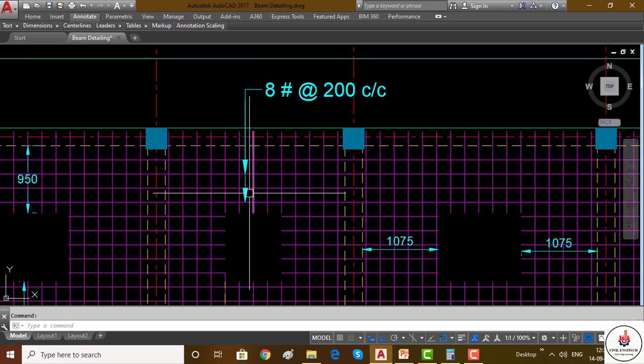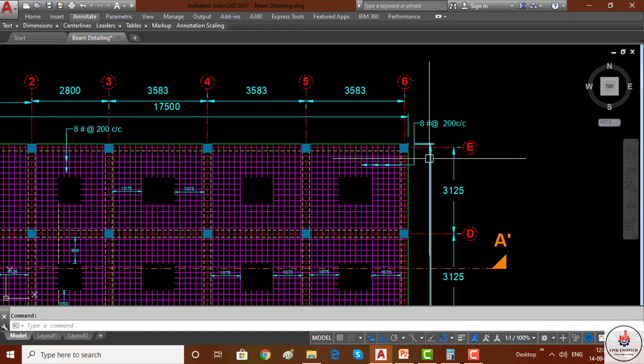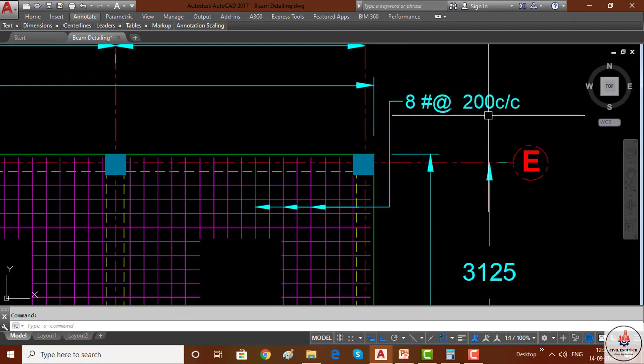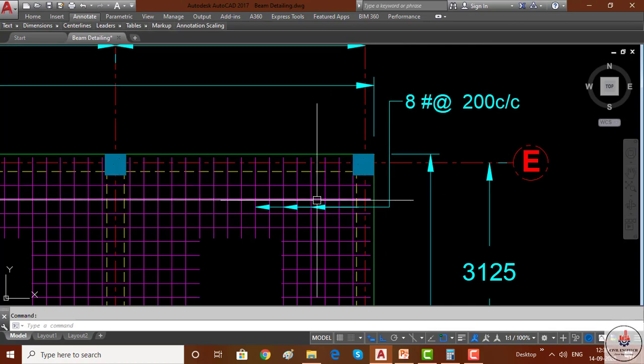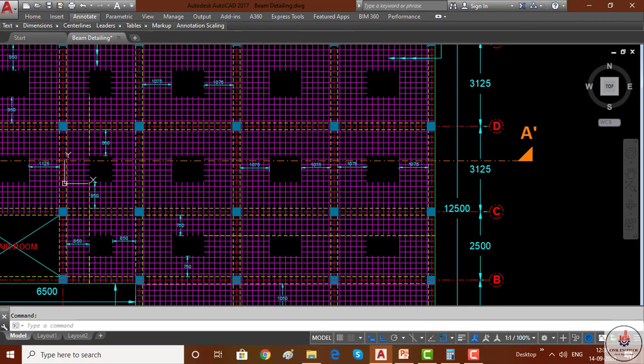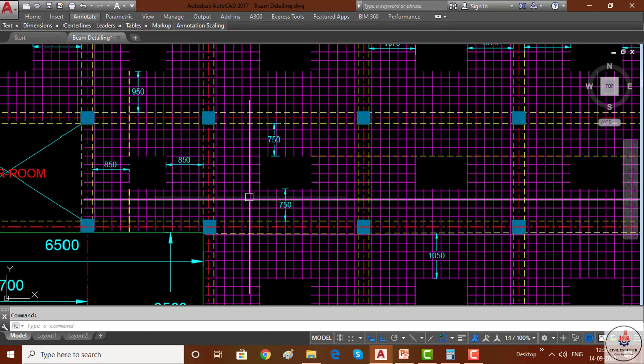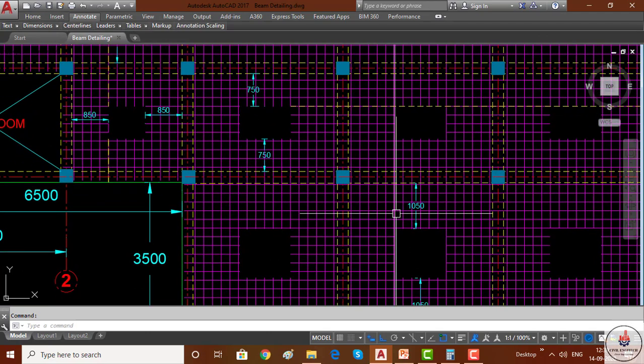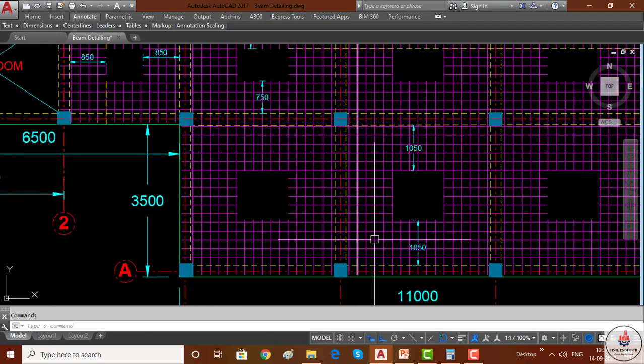That is, horizontal bars are at 200 spacing and the dia of the bar is 8 millimeter, and the vertical bars are also at 200 millimeter spacing, and the dia of the bar is 8 millimeter. Okay, so in this fashion we provided all the bars of the top layer in all the panels.